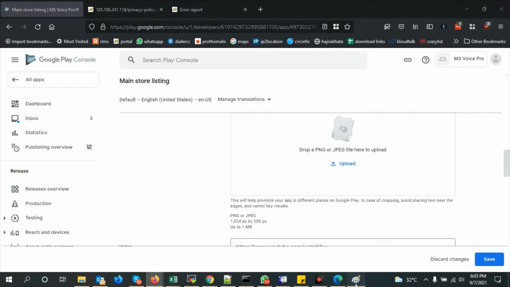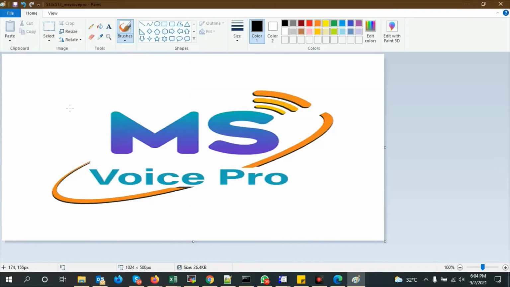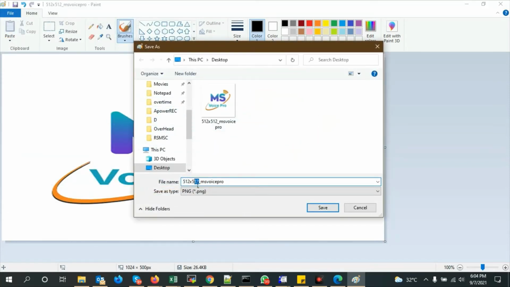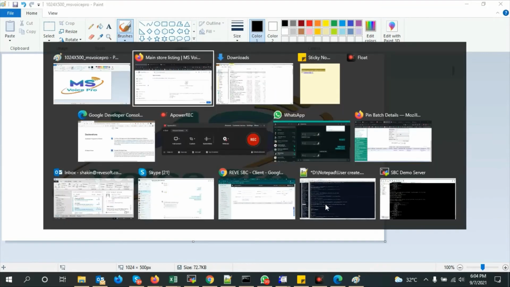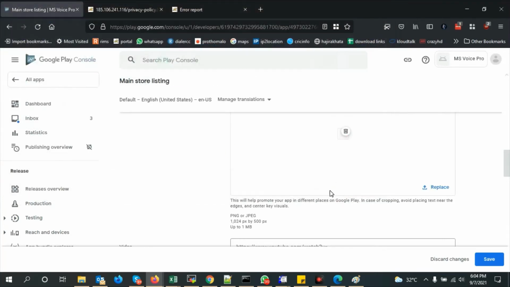by 500. So we need to resize the image again and give it the desired size, 1024 by 500 pixels, and save this image as 1024 by 500, and thus the save is done. I need to upload the image. Okay,